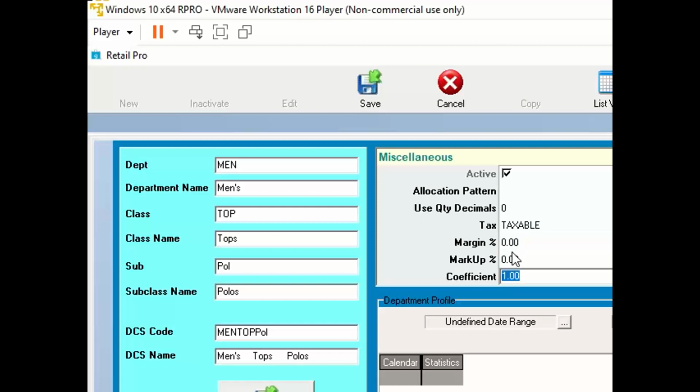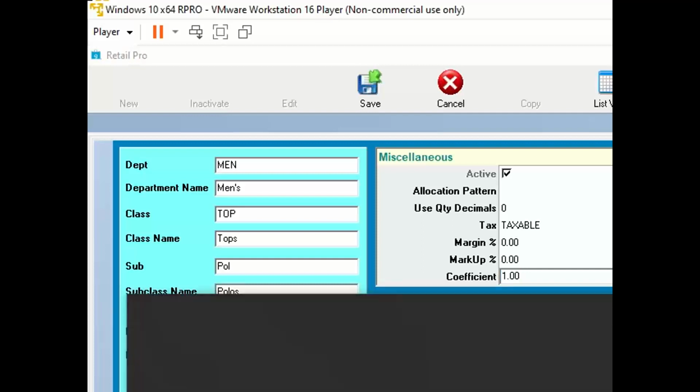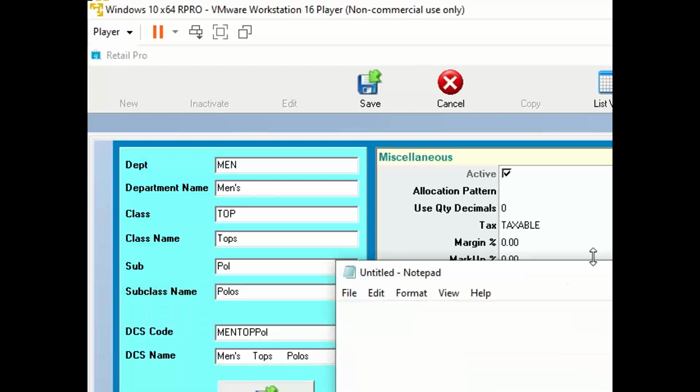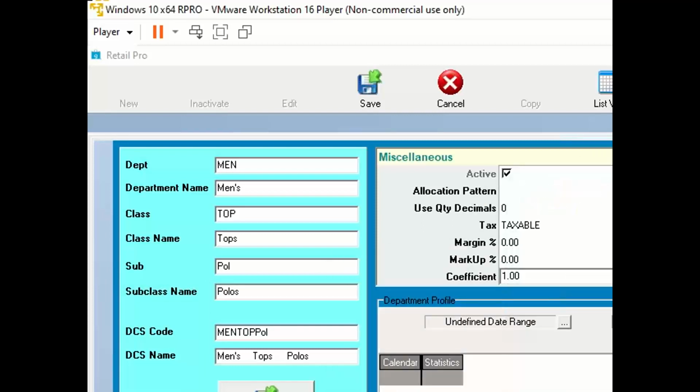Now everybody hopefully understands these. These are just math, right? So let me just do some quick math for you. Let's just open up a little notepad here. We're not going to do any math that's harder than we can do in our head, right? That would be bad. So if we have an item that has a cost, let's say it's got a cost of